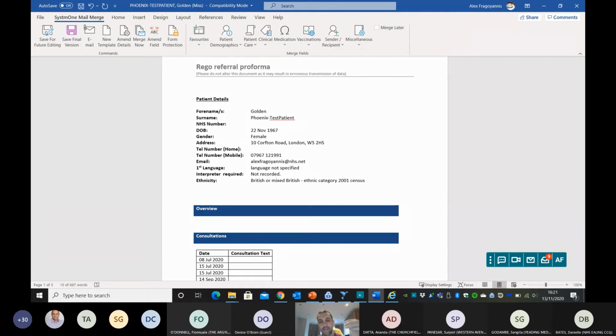So bear with us. So for now, be aware that when this launches, the info within it will go to the consultant if you submit that advice and guidance request. So if you really feel that there is some sensitive info there that should not be shared, then do not request advice and guidance for that patient. Okay, so